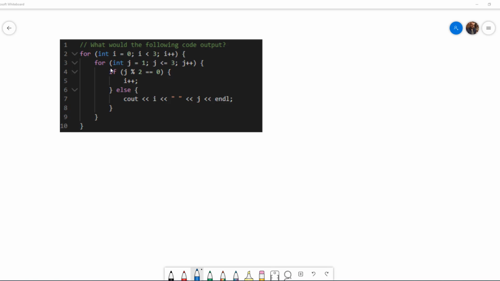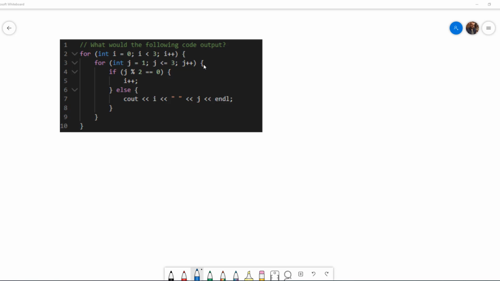And then that leads directly into an int j equals 1, while j is less than or equal to 3, j plus plus. So we have two loop control variables, an i and a j. j starts at 1, and it goes up to and including 3 because it's less than or equal to 3,